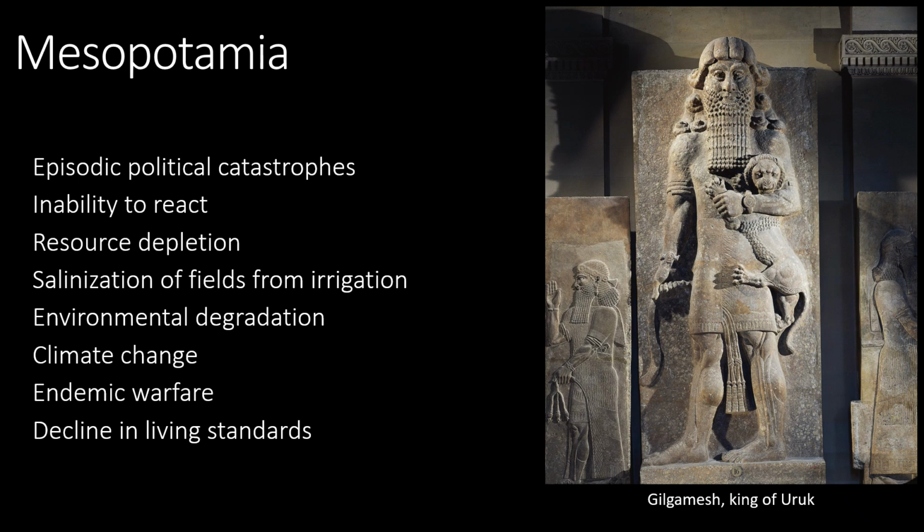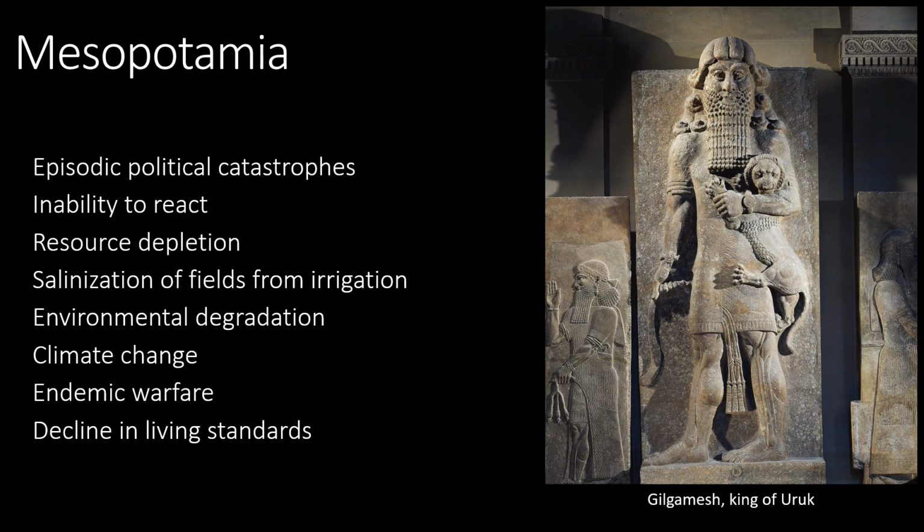In Mesopotamia, there are a series of ancient states, and we can look back to the earliest, the Sumerians, and analyze their rise and talk about their decline. Mesopotamia was an extraordinarily complex society. It's multicultural with many city-states, between the Tigris and Euphrates rivers that was reliant on some of the first plant and animal domesticates that the world had ever seen. But towards the end, the Sumerians faced episodic political catastrophes that we see in the decline